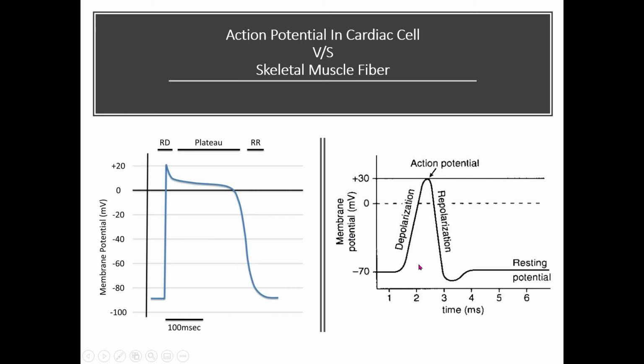In the case of action potential in the skeletal muscle, we observe the resting membrane potential is minus 70 millivolt, and there will be an overshoot potential, that is about, I don't remember the exact value for the skeletal muscle, but there is a depolarization phase and overshoot potential at plus 30 millivolt, where the sodium channels will close and there is a phase of repolarization, and again the membrane will come down towards the resting membrane potential.